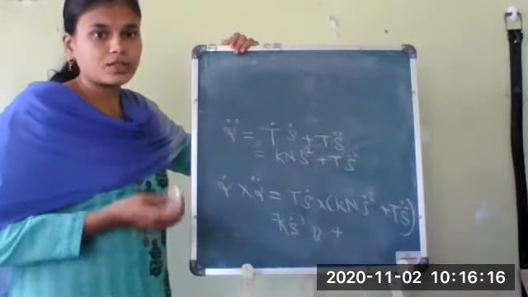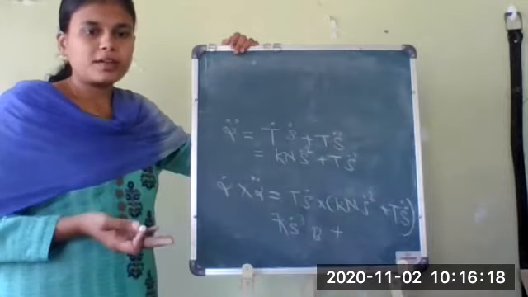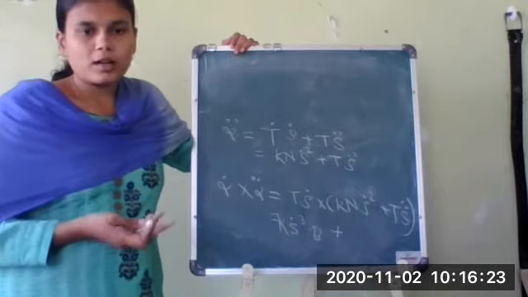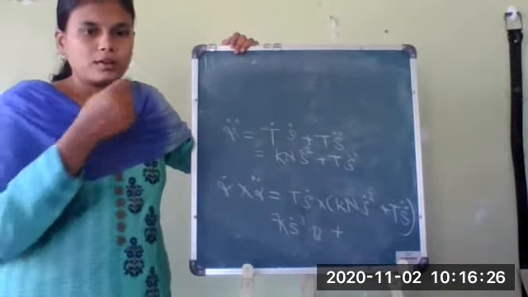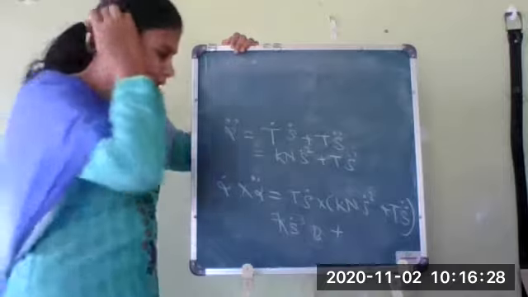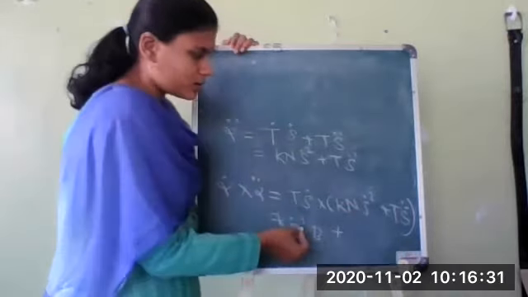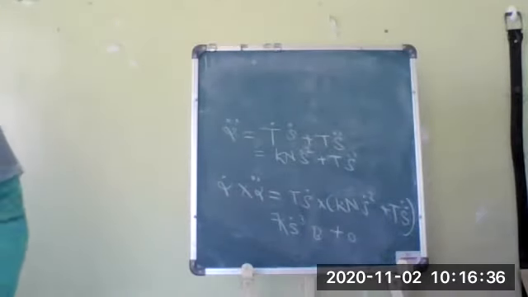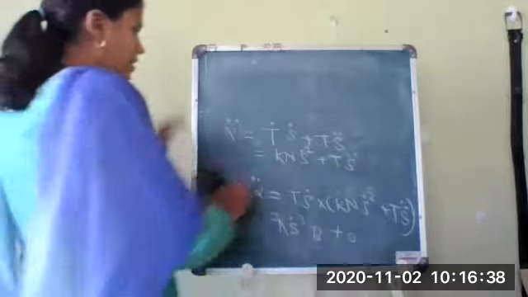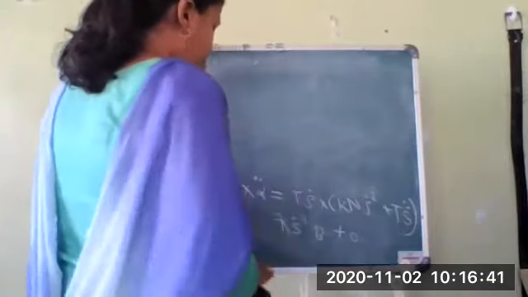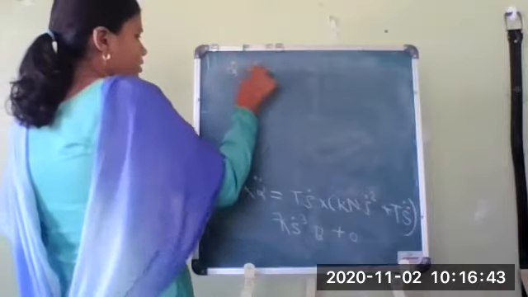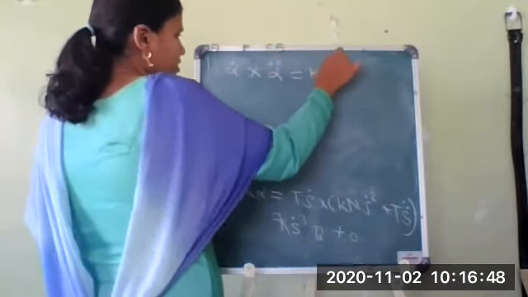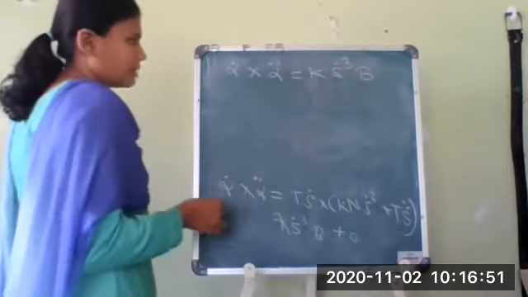what will be t cross t? As you remember, in the cross product t cross t will be equal to 0, because the cross product generally shows the area of a parallelogram in 2D, and for 3D it will be the volume of a parallelepiped. So t cross t will be equal to 0. Right? So what we have obtained is the expression alpha dot cross alpha double dot equals k s dot cube into b.